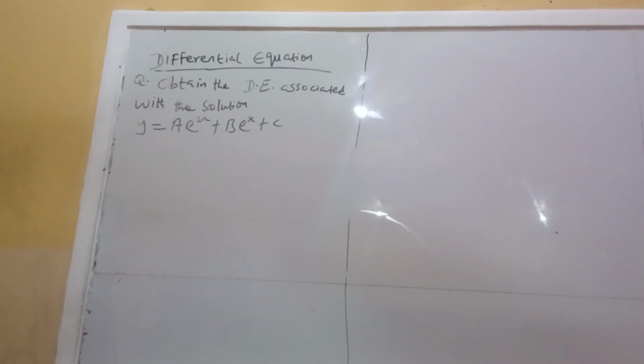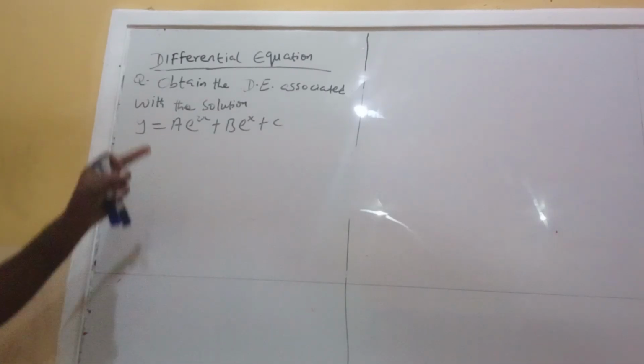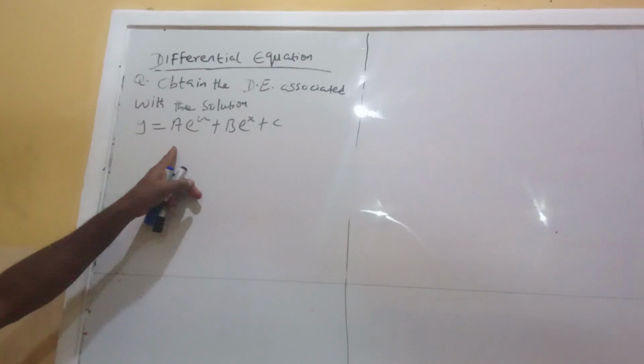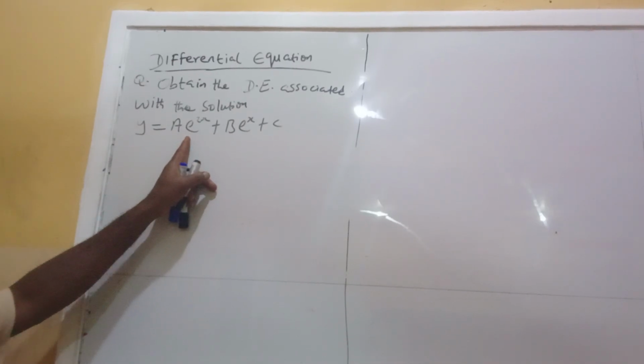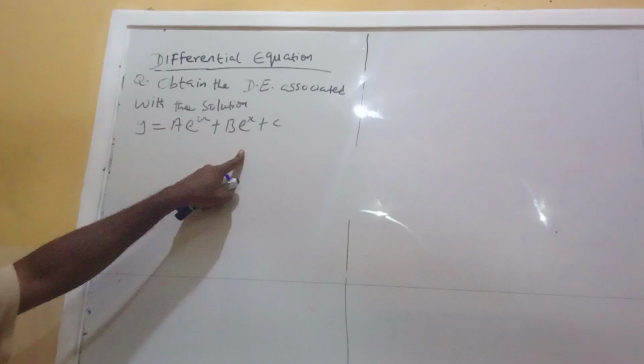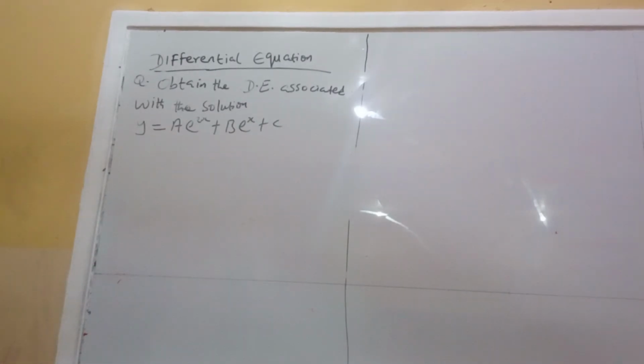In this video, we are asked to obtain the differential equation associated with the solution y equals A exponential 2x plus B exponential x plus C. Okay. Now, to form the differential equation from this, the first thing you need to identify is